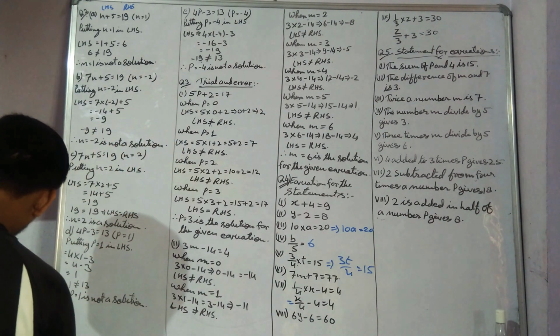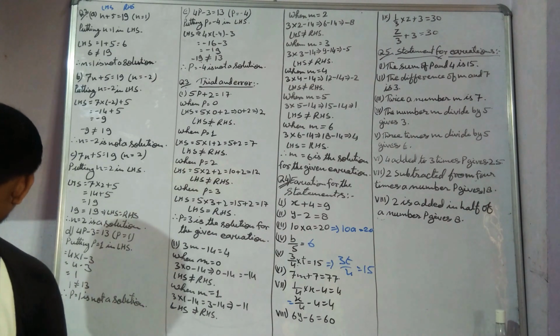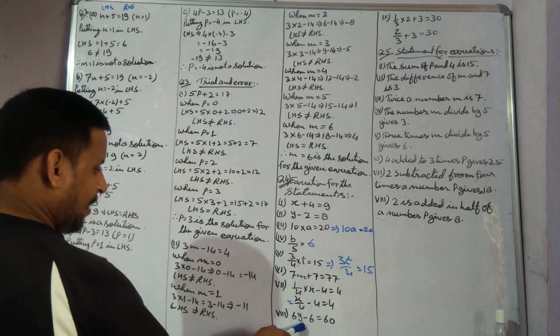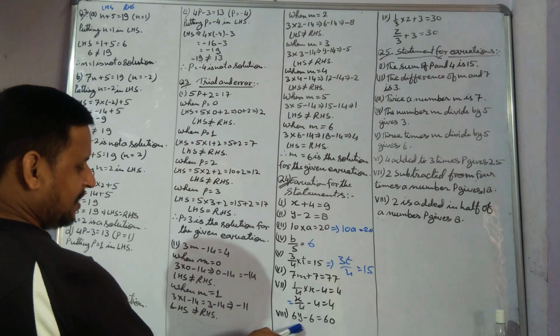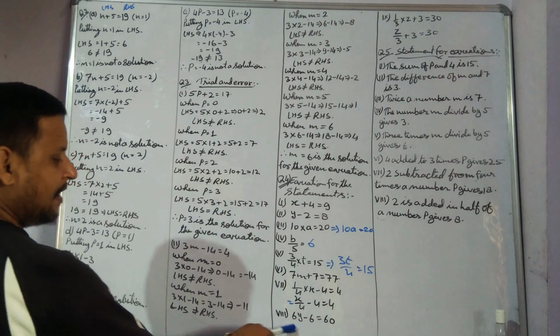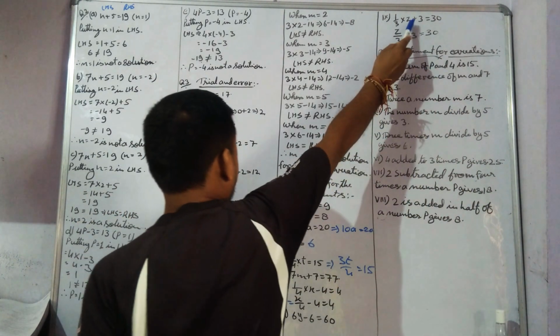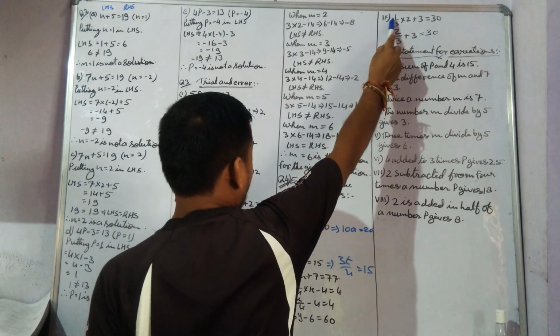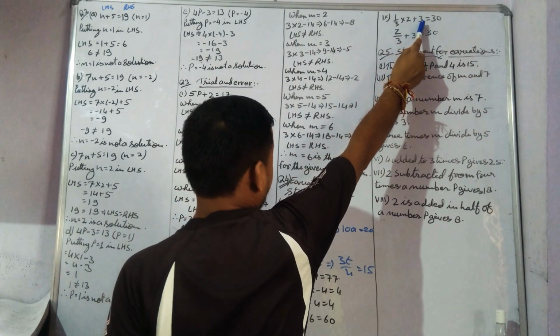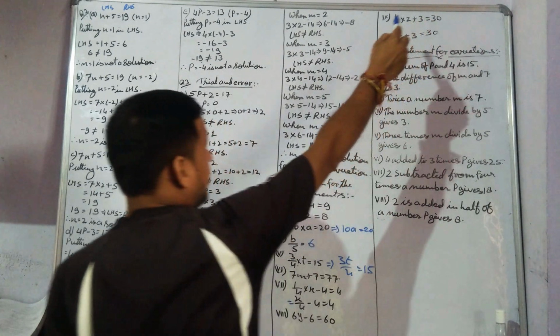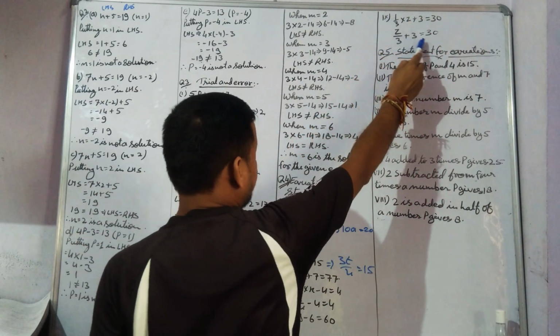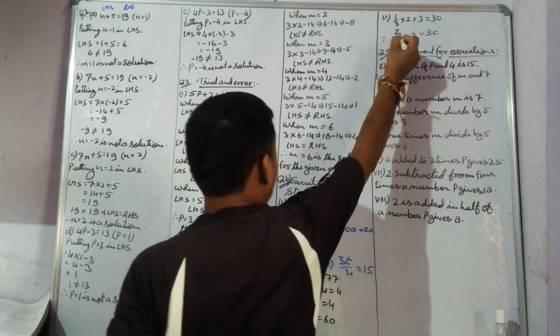Now eighth part is saying, if you take away 6 from 6 times y, it means if you subtract 6 from 6 times of y, it will give us 60. Now ninth part is saying if you add 3 to 1/3 of z, you get 30. So we take 1 upon 3 into z, plus 3 is getting added, which is equal to 30. So it will become z/3 + 3 = 30.